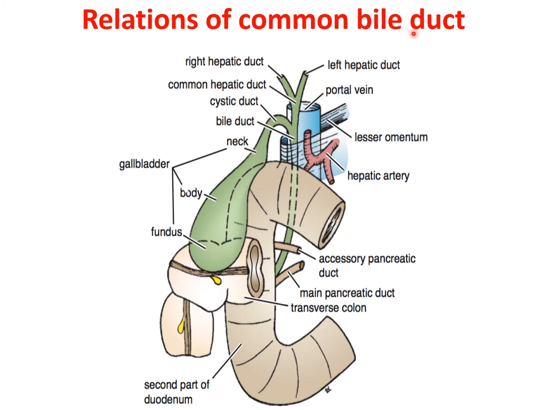Then the relation of the infraduodenal part. So the infraduodenal part will be related anteriorly, what structure will lie here? Obviously the head of the pancreas. So it is related anteriorly with a groove in the upper and the lateral part of the posterior surface of the head of the pancreas. Posteriorly, what will run here? The inferior vena cava. Lastly, the intraduodenal part, we have already talked about it. The intraduodenal part runs through the wall of the, to be precise, the medial wall of the second part of the duodenum, about halfway down its length.